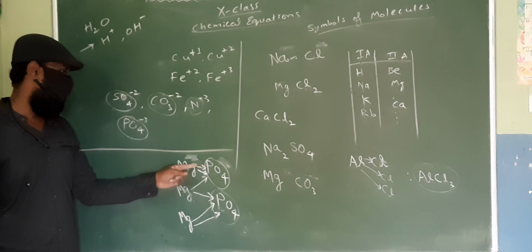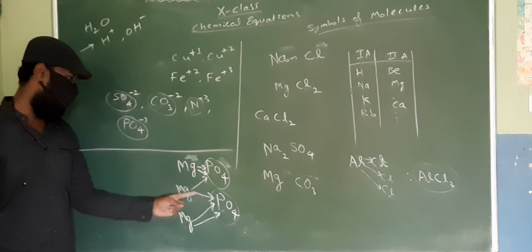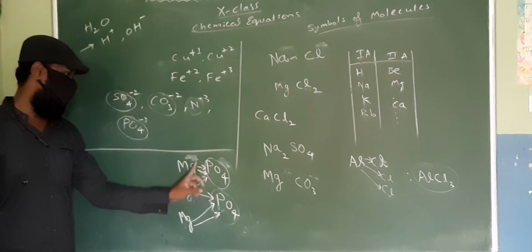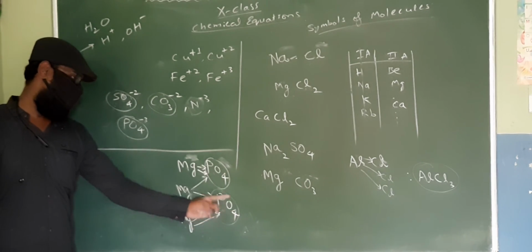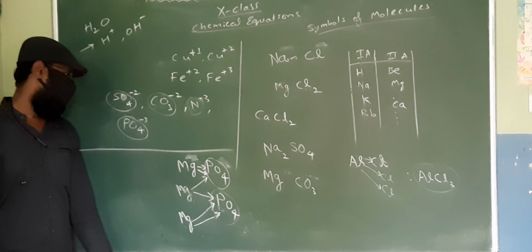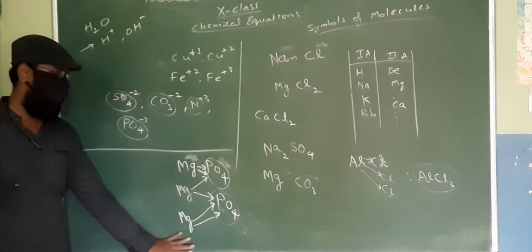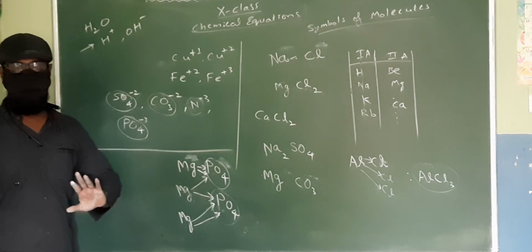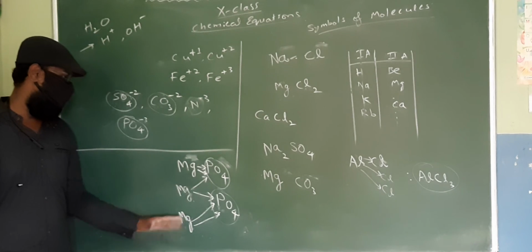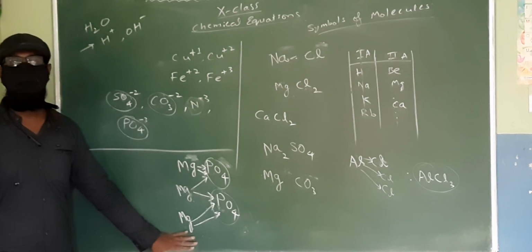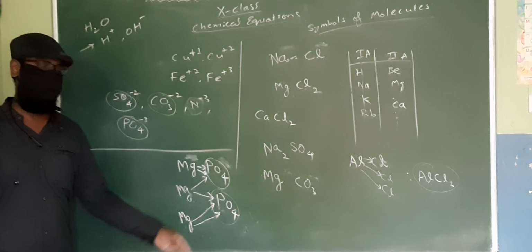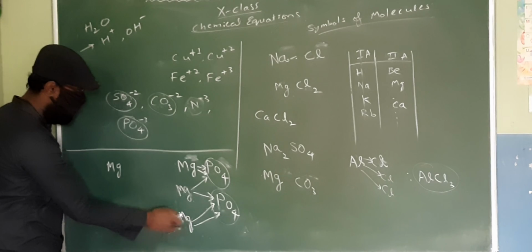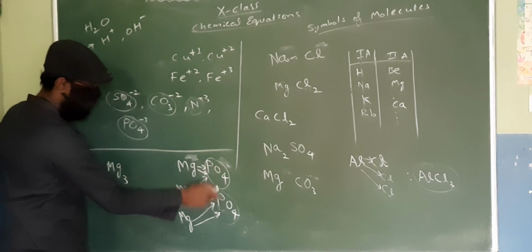Check here. Magnesium wants to give 2 electrons, given. Phosphate wants 3 electrons, taken. Now, therefore, what molecule is formed here? For the formation of this molecule, 1 magnesium and 1 phosphate is not enough. For the friendship between these, 3 magnesium atoms should combine with 2 phosphate molecules. So what is the molecule formed now? That is Mg. How many Mg's are there? 3. Mg3 phosphate.